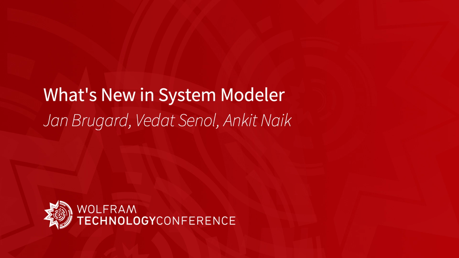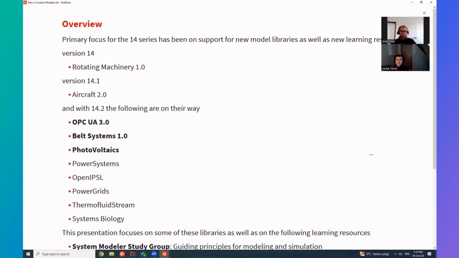As a System Modeler team, our primary focus for the version 14 series has been on developing and supporting the libraries alongside developing new features. We have also created many learning resources in this time. So if we look at version 14, we see that we released the Rotating Machinery library version 1, which allows users to test their novel designs or identify faults in rotating machinery, such as